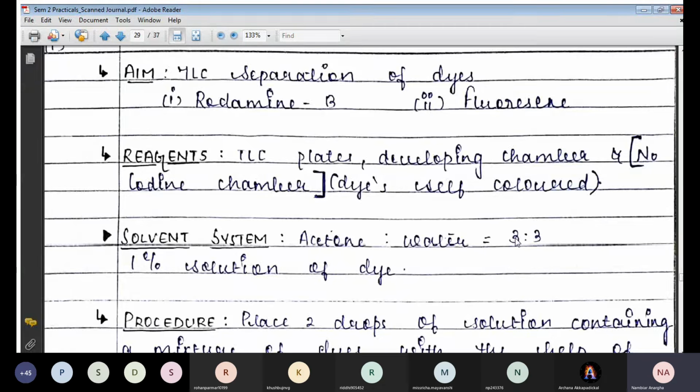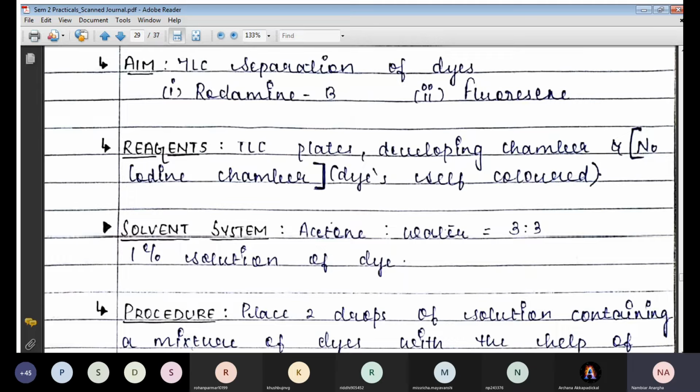Then we will be closing that beaker with a watch glass to pre-saturate our chamber, and then 1% dye solutions are prepared. From that dye solution, with a capillary tube we will be